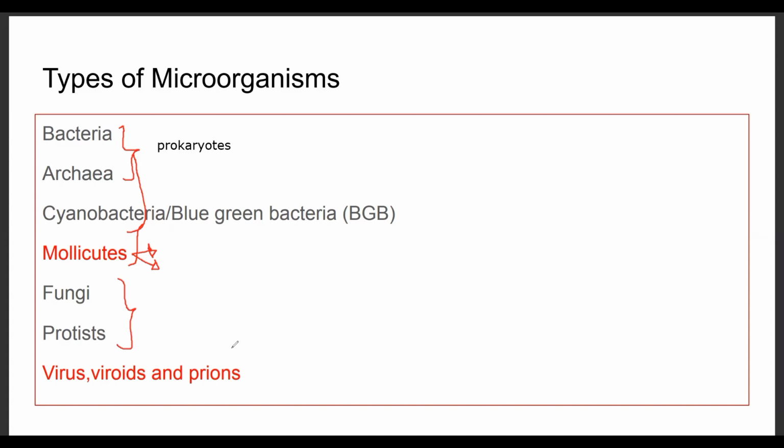Then prions, they are proteinous infectious particles, right? They are even smaller than viruses. Viruses are observed by electron microscopy. Now, if we take bacteria, we can observe bacteria using a compound microscope. But if we come to viruses, can we observe viruses using a compound microscope? No, we have to use an electron microscope. So these prions,